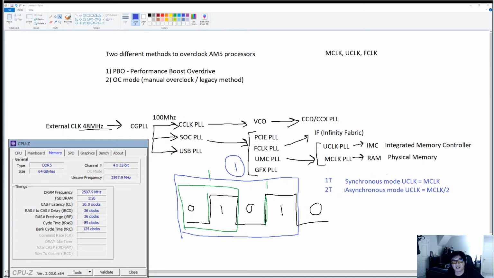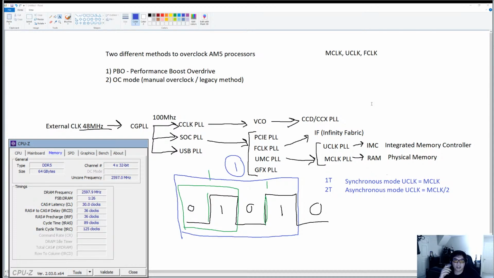However, this is still a lot better than what we had with AM4. The only thing that I have noticed so far is that if you're running memory above 5200 megahertz, sometimes your S3 sleep mode or standby mode in Windows doesn't really work properly. When you wake from sleep, the computer doesn't really recover. It hangs at, I forgot what the debug code was. The only real workaround is to not clock your memory above 5200 megahertz, which is kind of disappointing in a way,